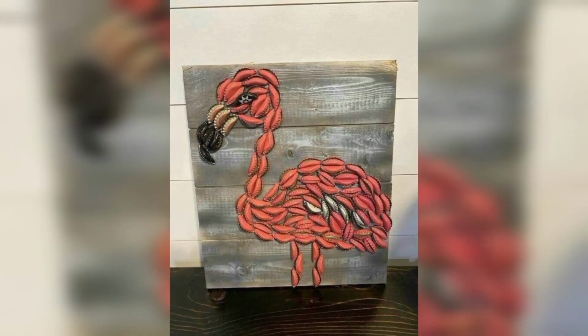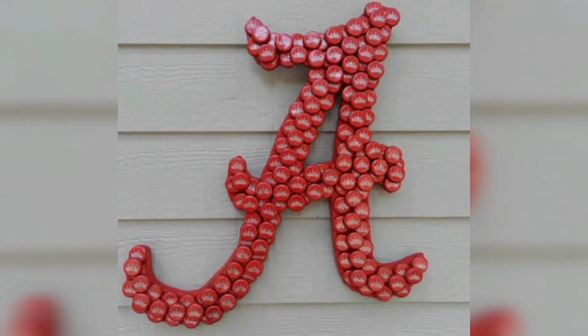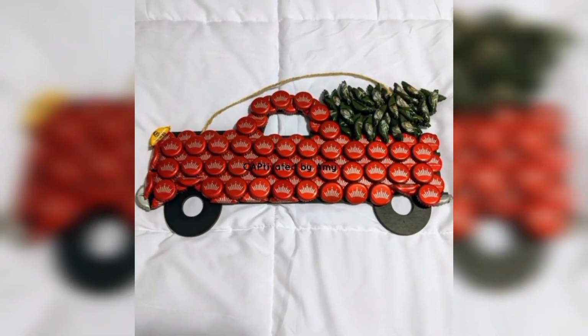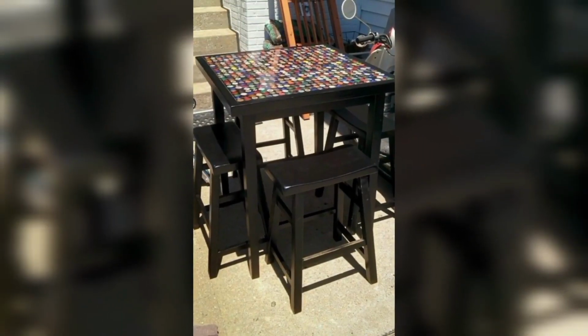Using bottle caps in a craft can be a great way to repurpose and recycle material that might otherwise end up in the trash. Bottle caps are typically made from metal or plastic, making them durable and able to withstand wear